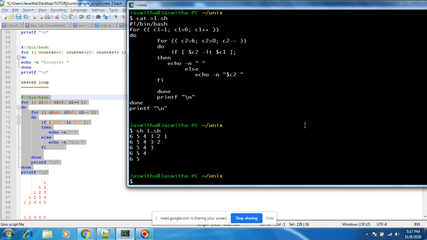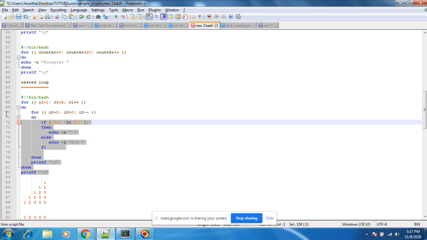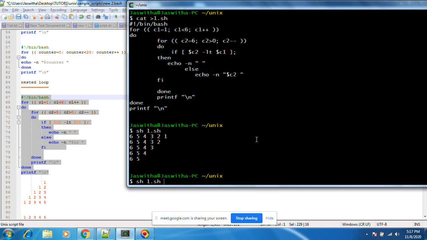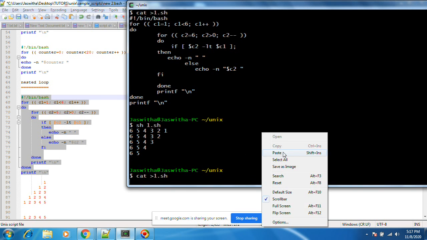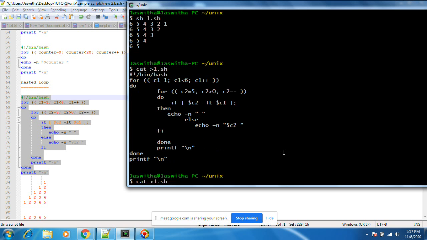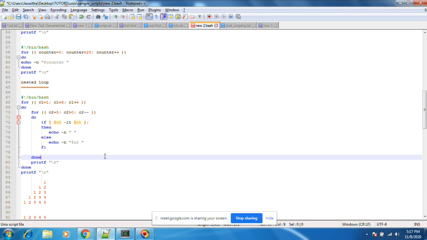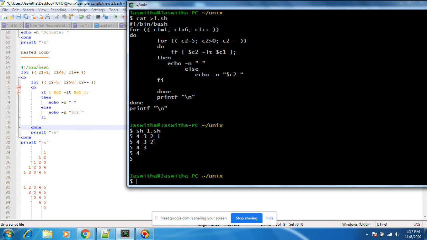See, some different structure came, correct? I kept 6 instead of 5. You need to give 5. See, 5, 4, 3, 2, 1. This is one type of output. This is another type of output.